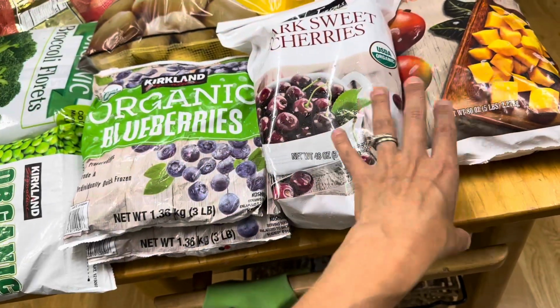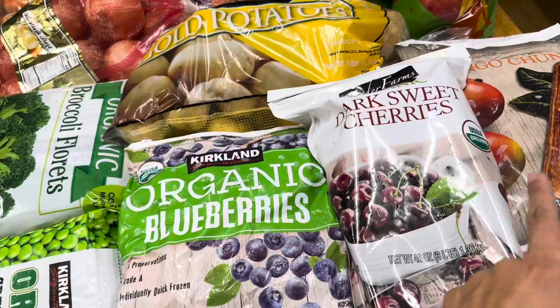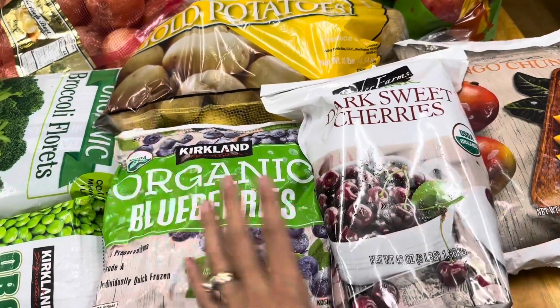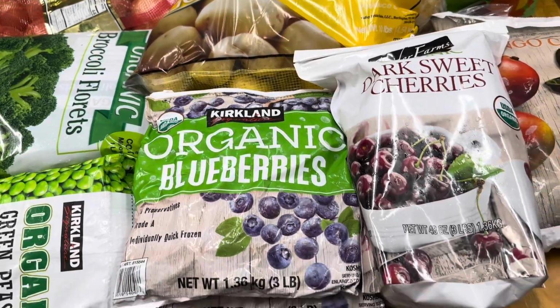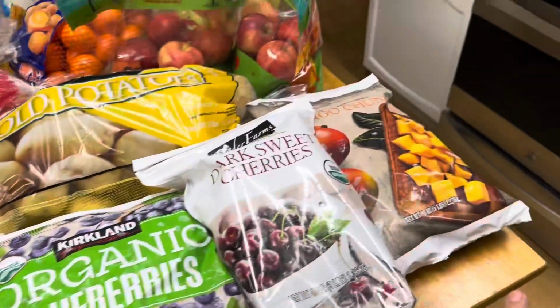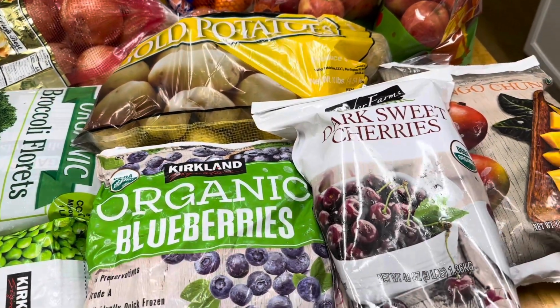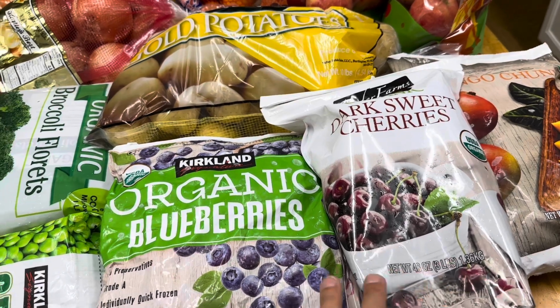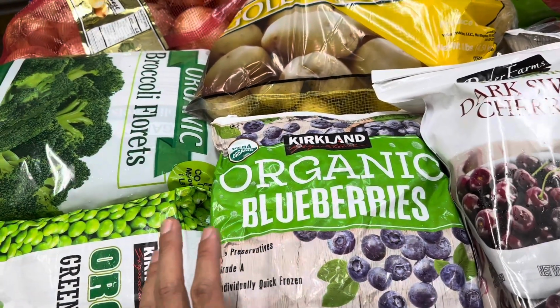And then we just haven't been doing a whole lot of smoothies lately. Usually in the beginning of spring and summer, we do a whole ton of smoothies. And now it's cool. It's been 68, 70 degrees today. It's raining. It's mucky. It's all the things. So we're not really in smoothie mood now that it's colder. We prefer the soups and the broths and the hot teas and all of those things. But we still do,